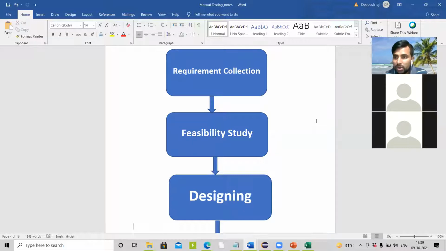I will show you some designing of my real application. We were working and the product owner shared some UI part with us, showing how this UI will look. Tomorrow in the next class, I will show you how the UI looks and how they are designing. The architect was there, I was also there, even the entire developer team was there, because we have to test that application. So we get an understanding of how the UI will look, and based on that we are going to test the application.